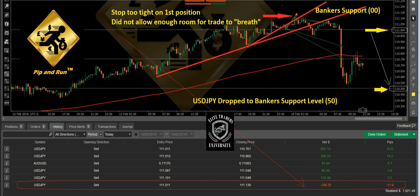I did a trade on the dollar yen. I wanted to give you a little brief trading lesson on banker support. Bankers, the big banks and institutions, usually trade around certain levels, and a lot of retail traders are not even aware that price moves to these levels that can act like price magnets to either repel or attract